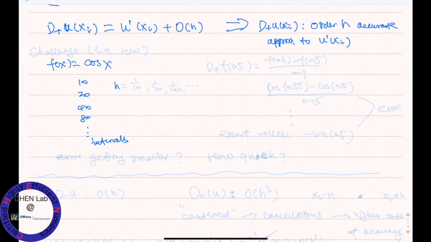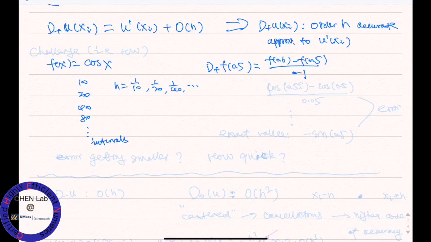So your h is going to be 1 over 10, 1 over 20, 1 over 40, and so forth. Right? So you can certainly calculate your d plus f at 0.5, for example. We'll use 10 intervals, where we evaluate f, cosine at 0.6 minus cosine at 0.5, divided